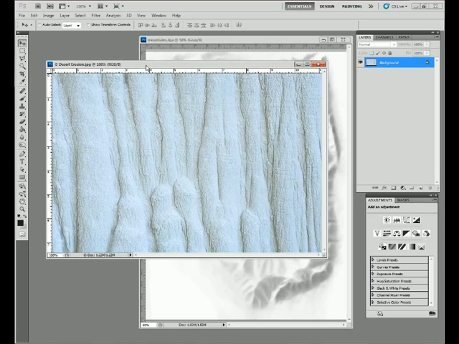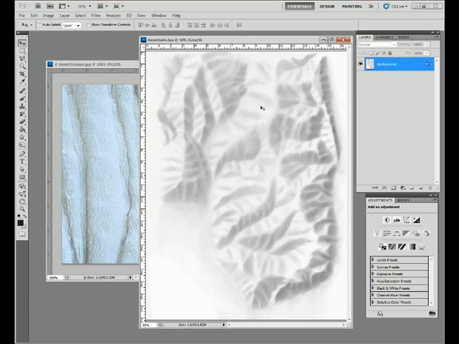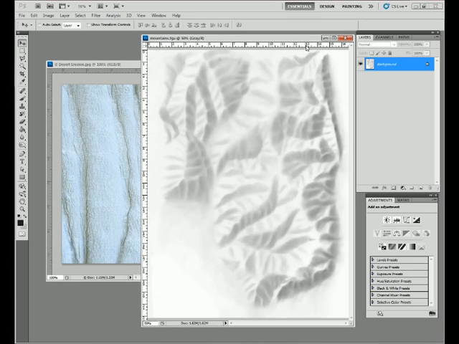This is another way of creating the stamps. This is going to be used as an erosion stamp. This was just a photo that I found online. I typed in rock erosion or something like that and looked in the images. So this one is pretty much done for us because it's already black and white. You can increase the contrast if you wanted. I just saved this as a targa,